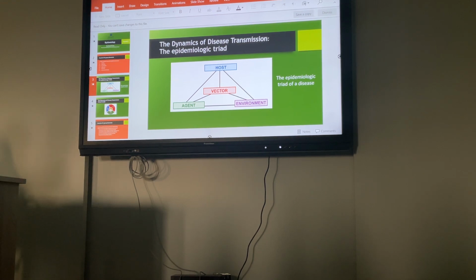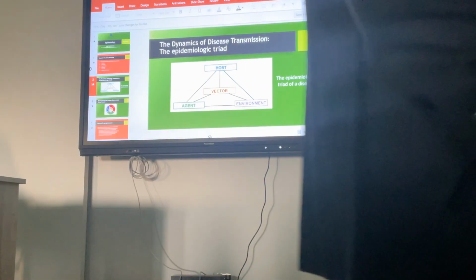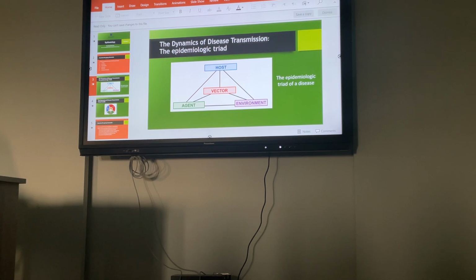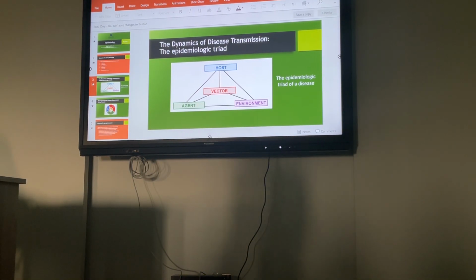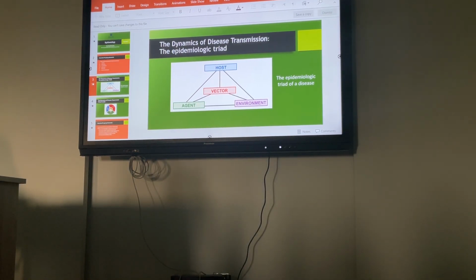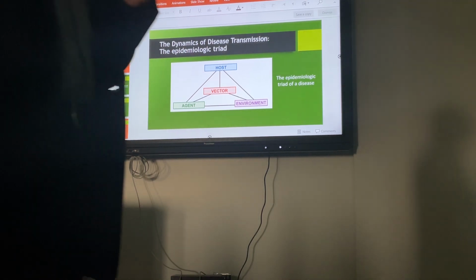So for infectious diseases, this triangle model may be good. Because for any infectious disease, we have an agent. And without the agent, the disease cannot occur. If we exclude Shigella, shigellosis will not occur at all. If you exclude streptococcus, streptococcal sore throat cannot occur. So for infectious diseases, we can talk of an agent, and that agent is responsible for producing disease.